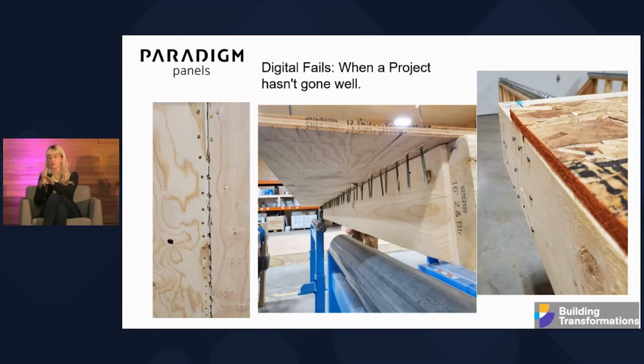It looks like small issues here, but they're not small issues at all. At the same time, once we fix those issues and overcome that hurdle, we know exactly what to do in the next situation to either prevent it or fix it going forward. But again, some of the